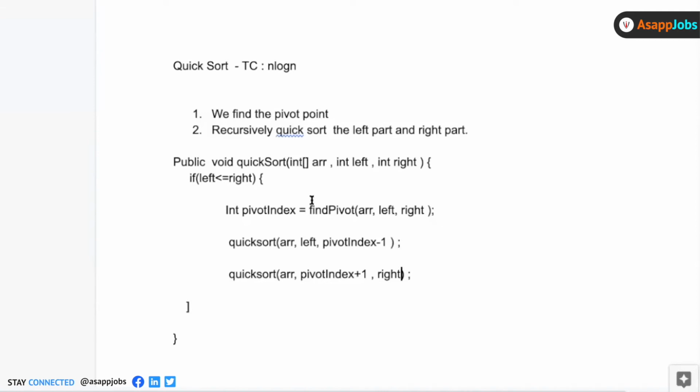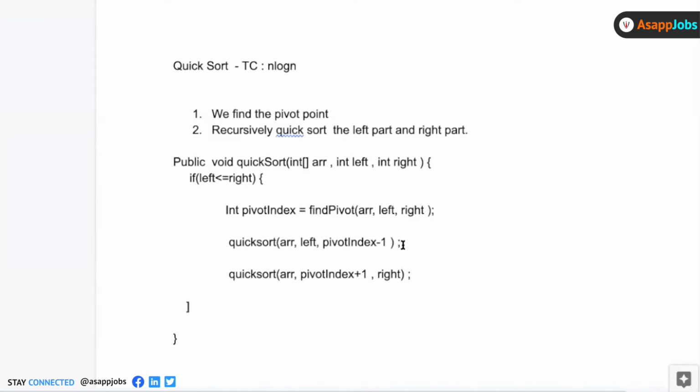Again, the key point here is to understand the meaning of the method definition. The definition of the quicksort says that if you give me an array and the left and the right pointers, or left and right index, I will sort the array between the left and the right. This is what the definition says. So what I do is that first of all I divide into two parts: the left part is all elements smaller than the pivot, and the right part is all elements greater than the pivot. And then I call this function recursively to sort both the left part and the right part.